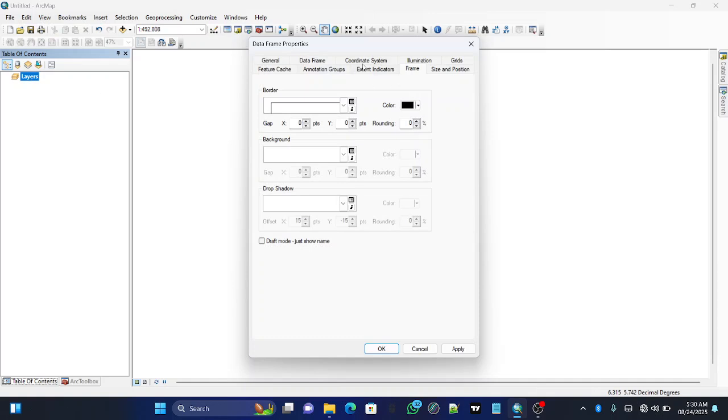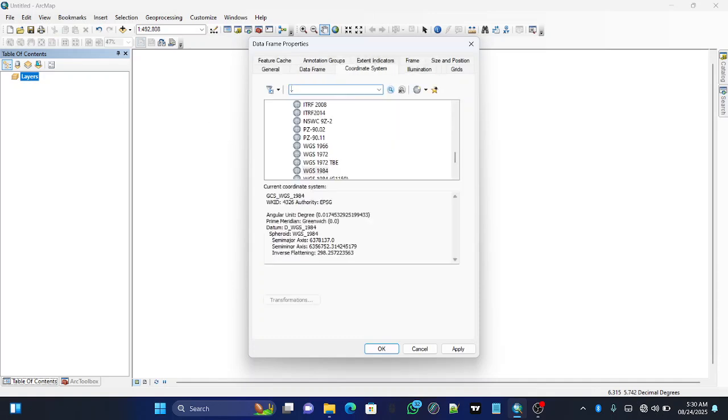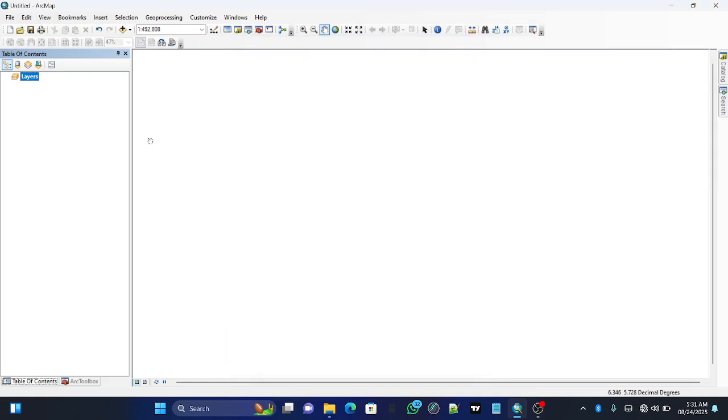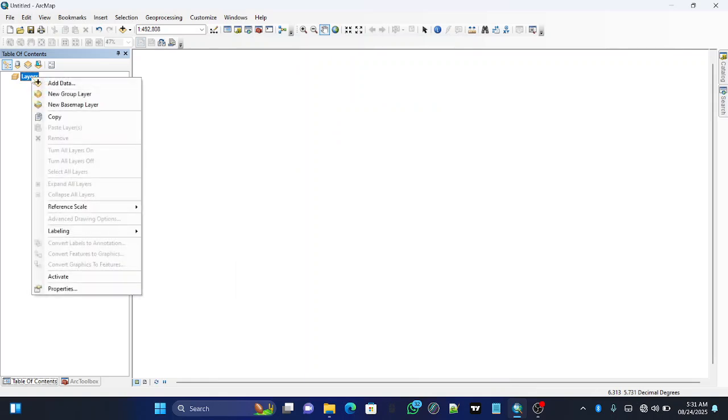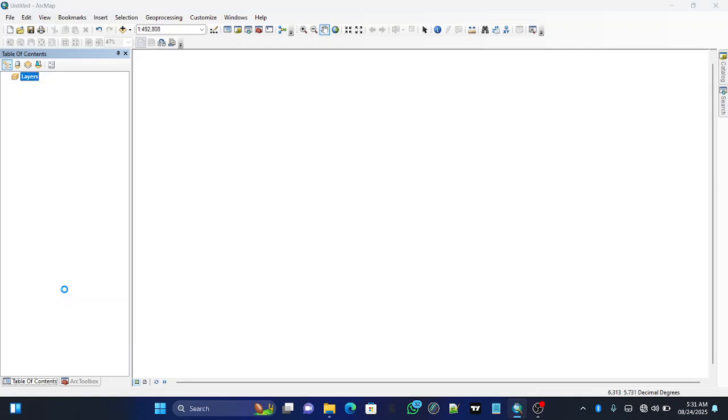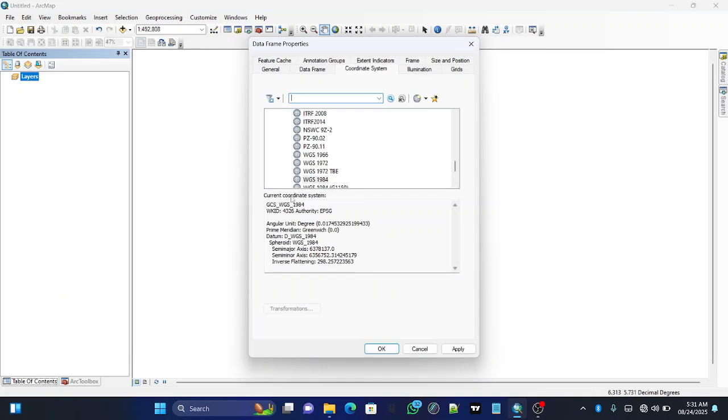This is the result of it, right? And then let's say I also right click on it, and then I will come to Properties. Since we want to set the coordinate system of our ArcMap interface first,